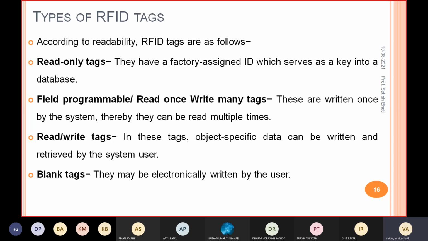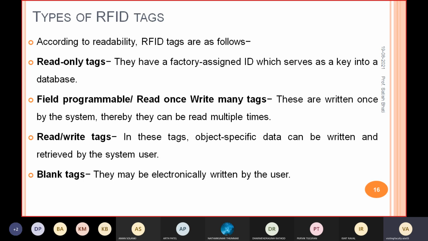Then some tags you can write information into once, only one time, and once you write it, it never changes, you just read it. So those are write once, read many tags.